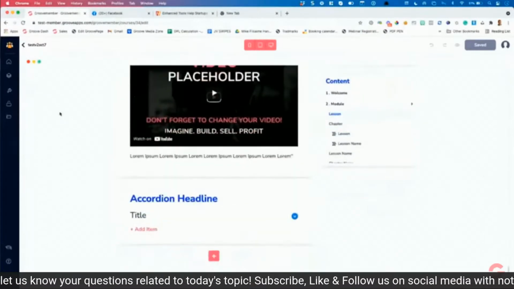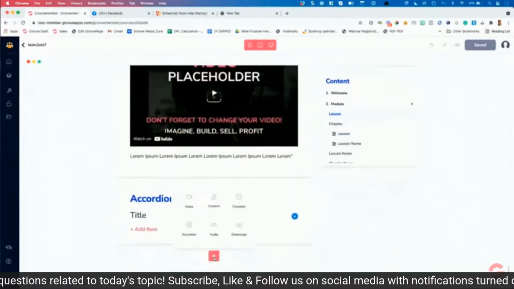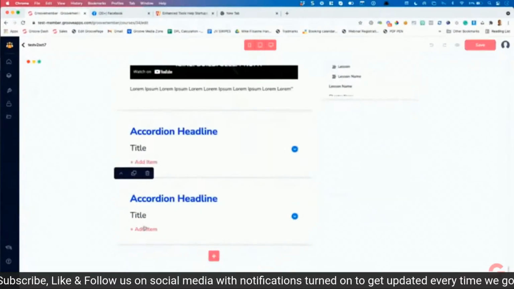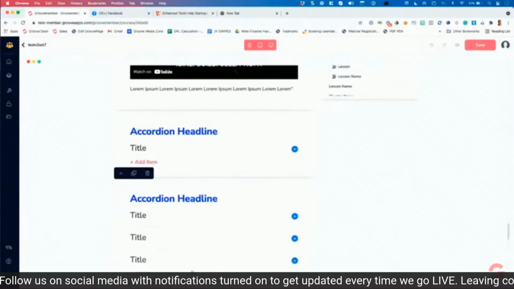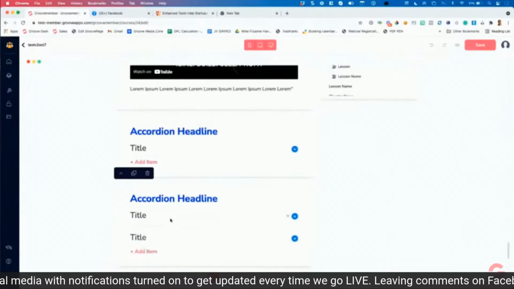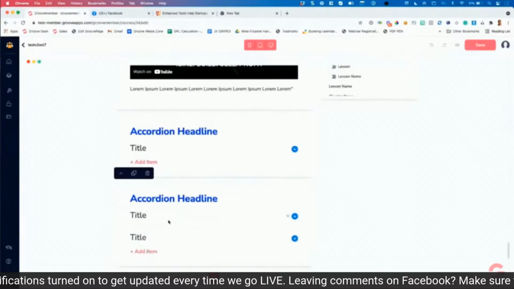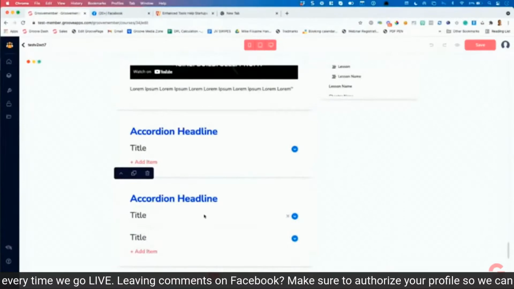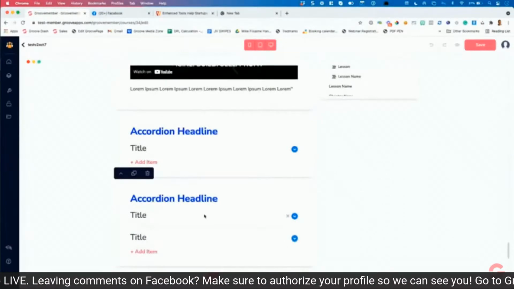Look at this. I want to add something here. I click plus. What do I want to do? I want to add an accordion. Look at this. Add a new item, get rid of this item, just like that. I click here and I can type. Beautiful. We got rid of the Groove pages, drag and drop, and we built something very, very simple. The blog is going to be getting some of this stuff as well.